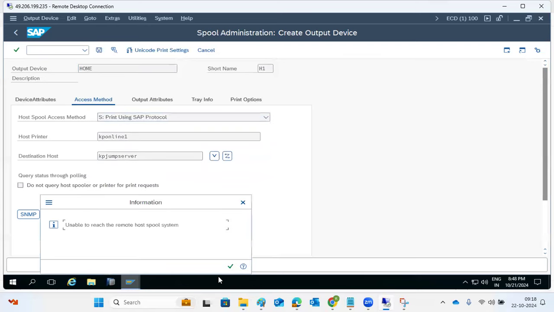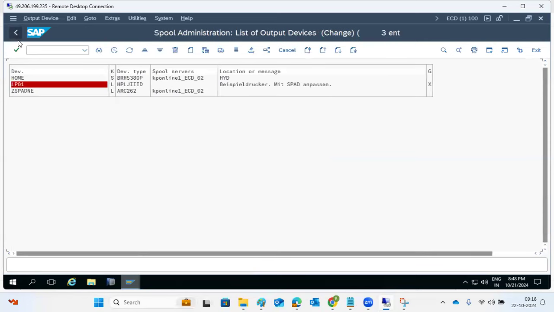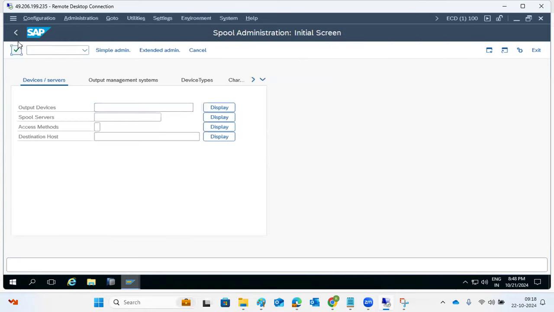Then one printer will be created here. That's what we have to create, a printer. The home printer got created here. Once you have integrated the printer here, suppose you want to do some printing. If you go there, there is Control P. If you type Control P,